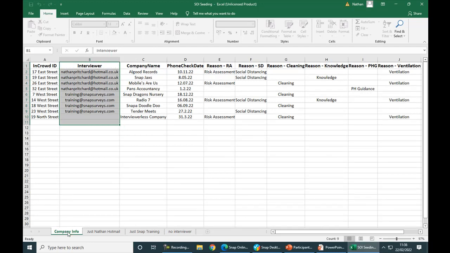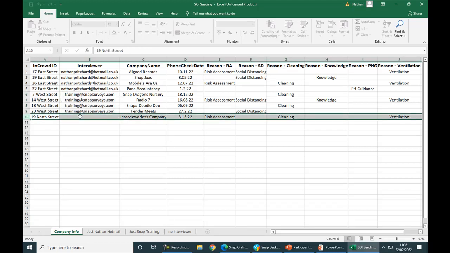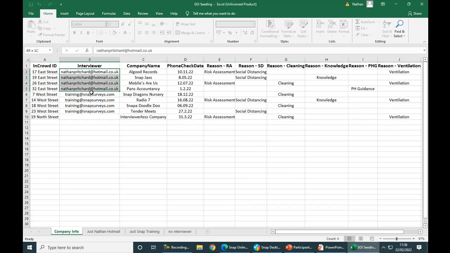Whilst we're looking at the spreadsheet, you can see that I've got my 2 sets of interviewers. So I've got one interviewer assigned to 4 people and a different interviewer assigned to another 4 people. But I also have one participant that isn't assigned to anyone. This means that actually it will be assigned to everyone who has shared access to this survey. So today it will be assigned to both the Hotmail address and also the snapsurveys.com address. Once uploaded, I can then manually assign it once I know who they belong to, or if there were lots to be reassigned, I could reload an updated spreadsheet that has that additional information.